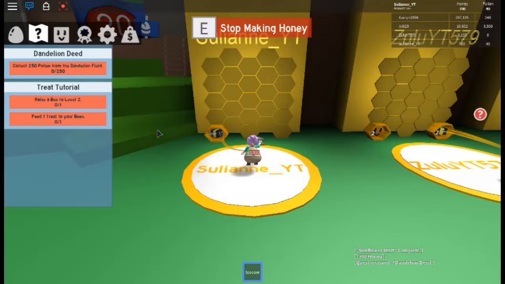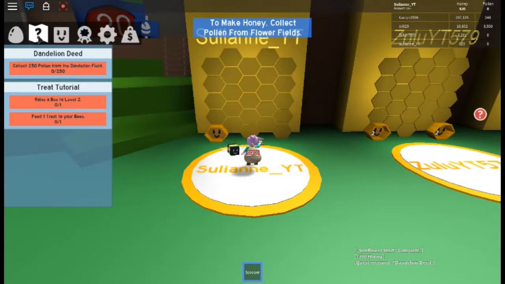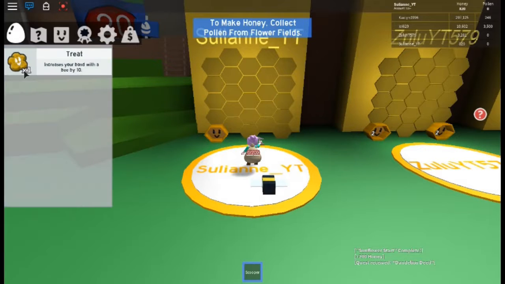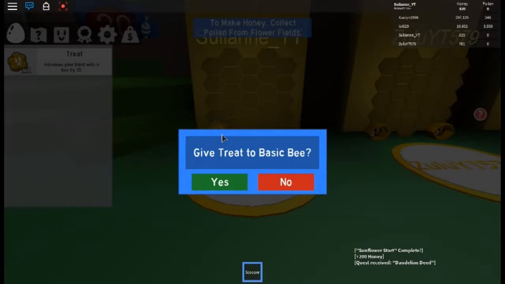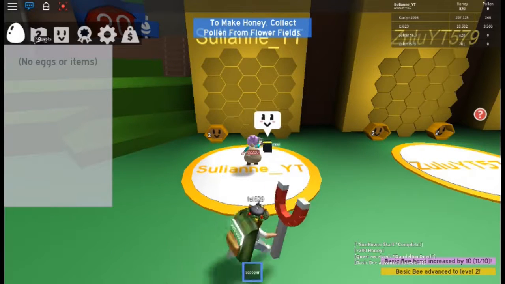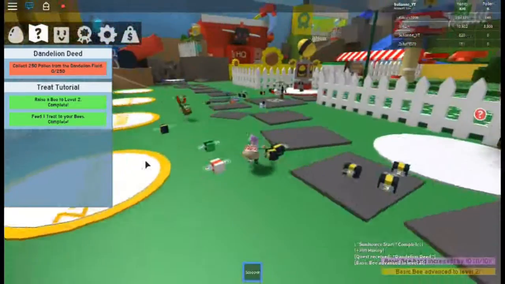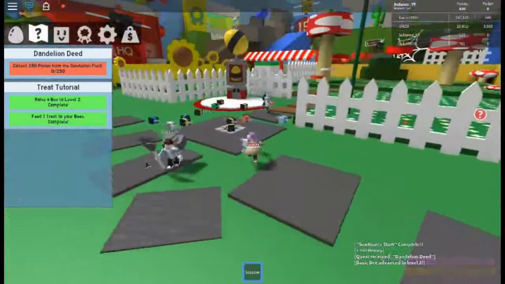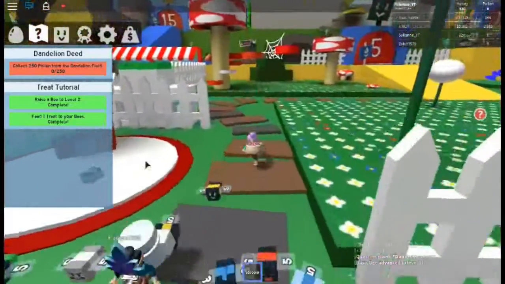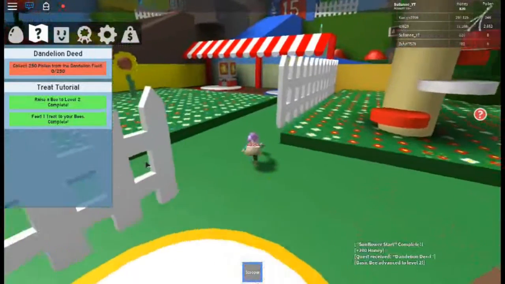And we're going to make honey out of the pollen we've collected, and then we're going to feed the bee the treat to fill the Mother Bear quest. It hardly takes anything at low levels to get the bees to level up. It took 1 field and 1 treat to get the first bee to level 2. It's really easy. We're going to go turn in this quest to Mother Bear and walk past the instant